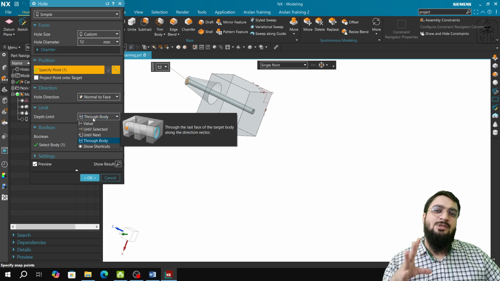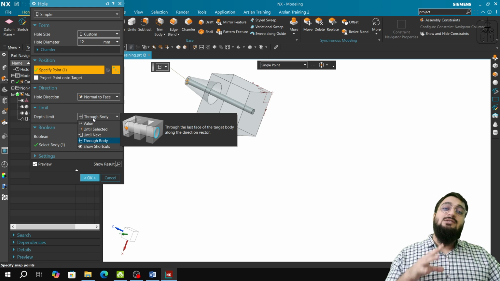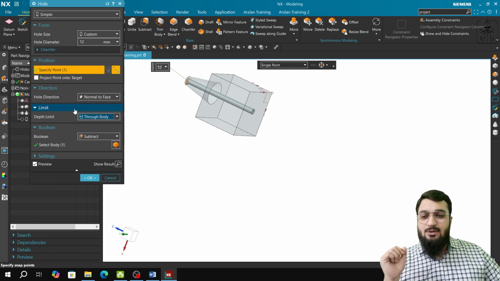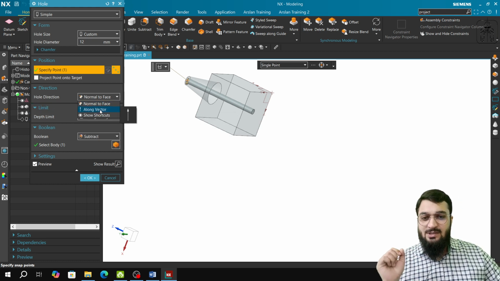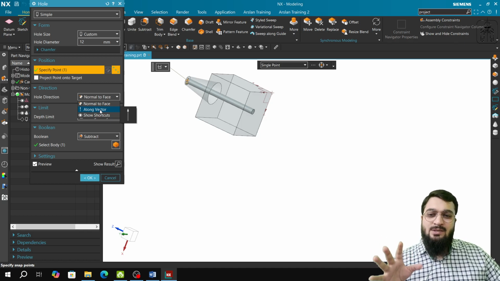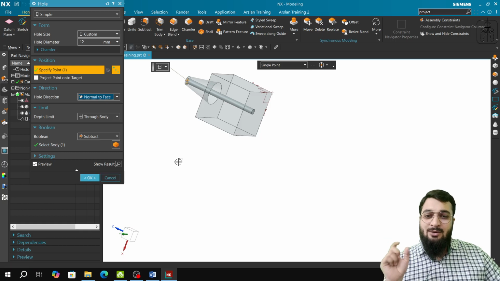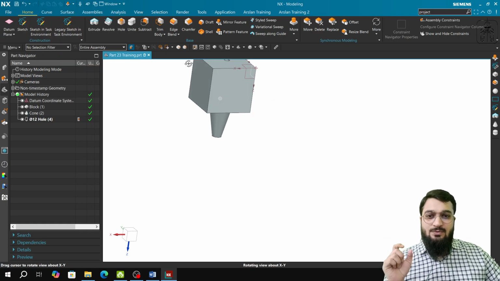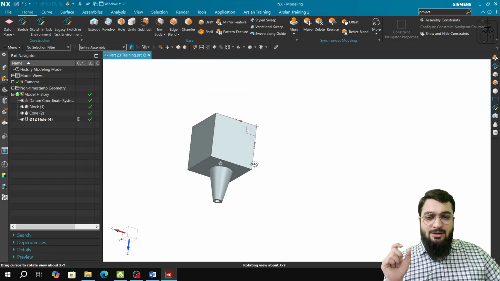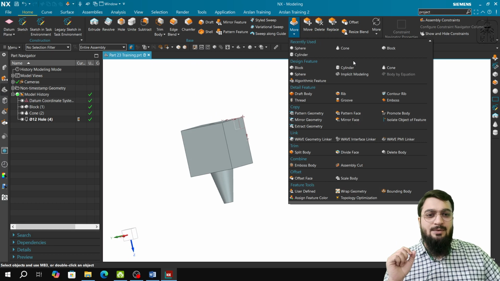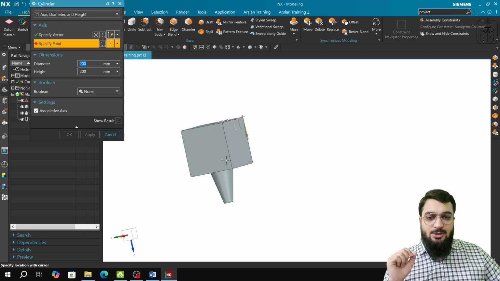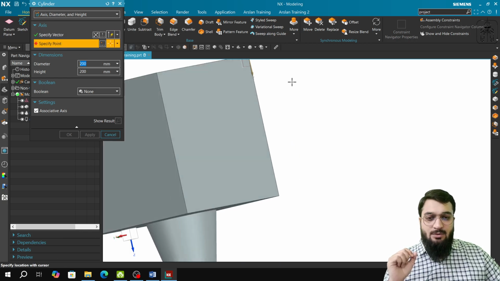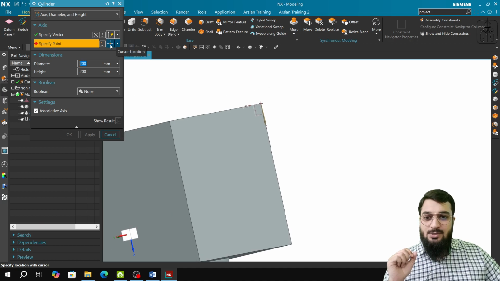I hope we have discussed this in the subtract option also. And furthermore, the option of normal to face and along vector is also available. If you want to make something in the along vector, and when is it useful, let us look into that also. So first of all, I will create a cylinder, and I will select the cylinder option. I will select the point, and for the point, I will just